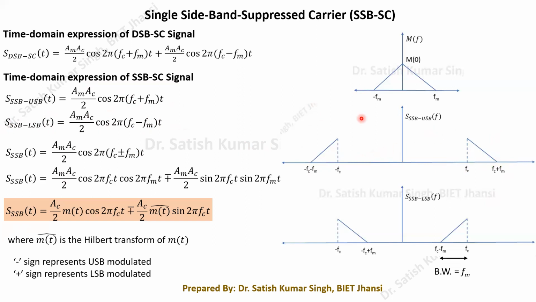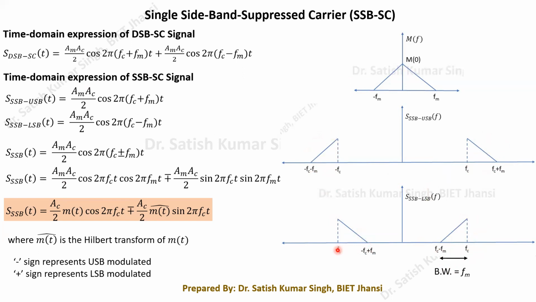But now I am considering that it is a multi-tone signal, and therefore our upper sideband modulated signal will have this particular spectrum. This portion is our upper sideband modulated spectrum. Similarly, if you have the SSB LSB modulated signal, then this is our LSB spectrum. Here it will be available between fc minus fm and fc. So this will be our LSB part.